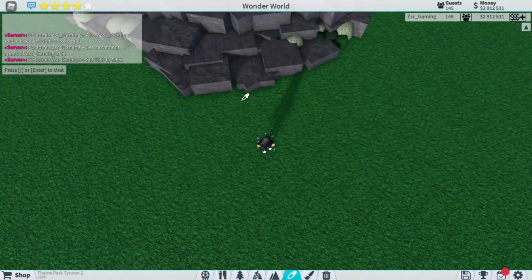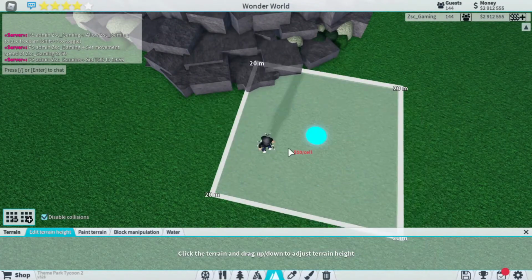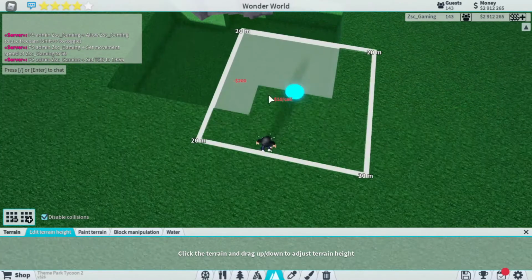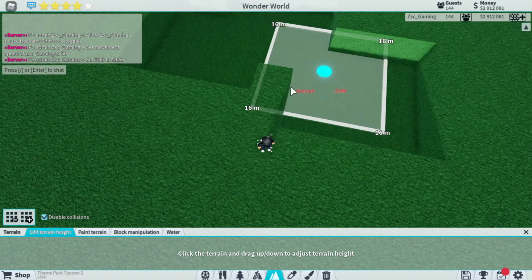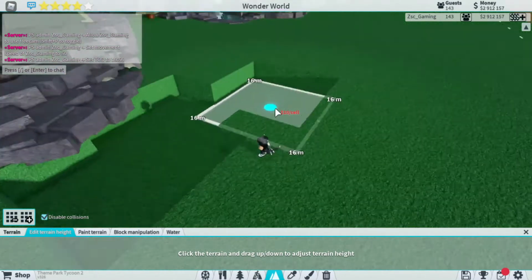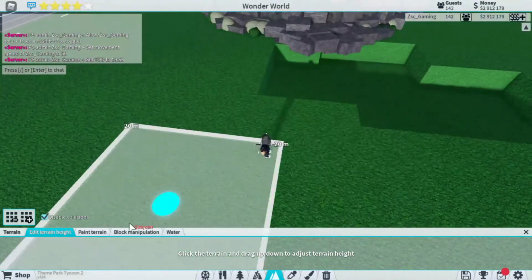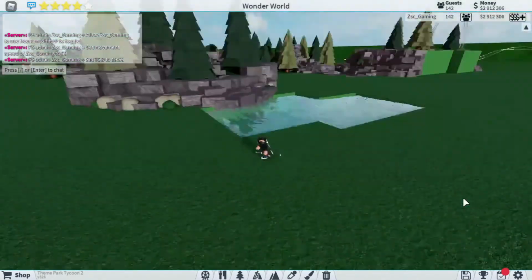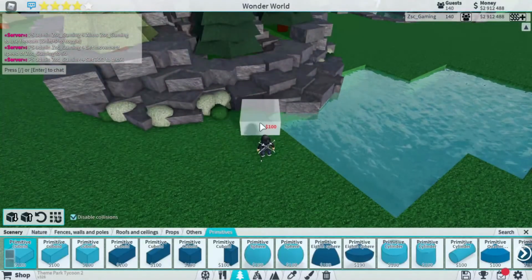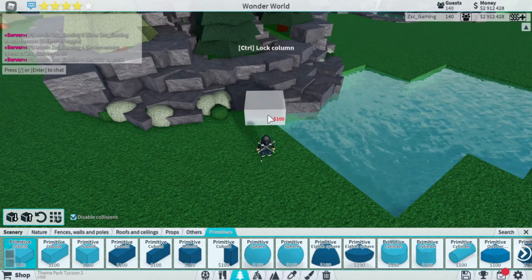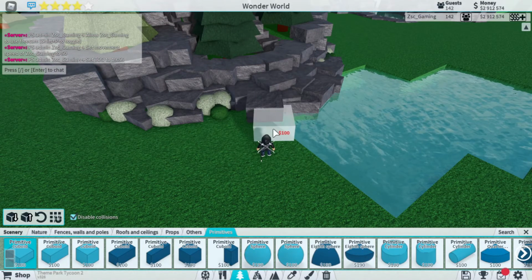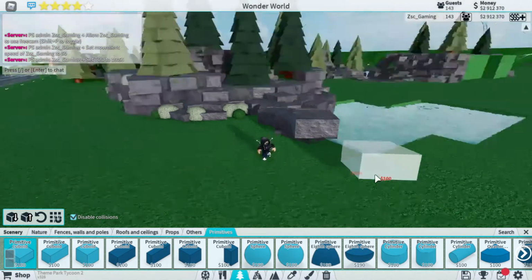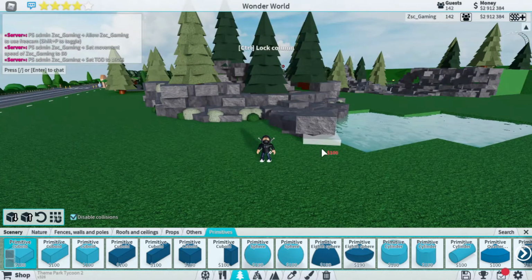Now if you want to add a lake, first we're gonna make it 4 meters or 2 meters deep, depending on how big you want your lake to be. After that, you're gonna take your water, fill it up, hold control and then hold shift to lock the height, and just kind of go around and